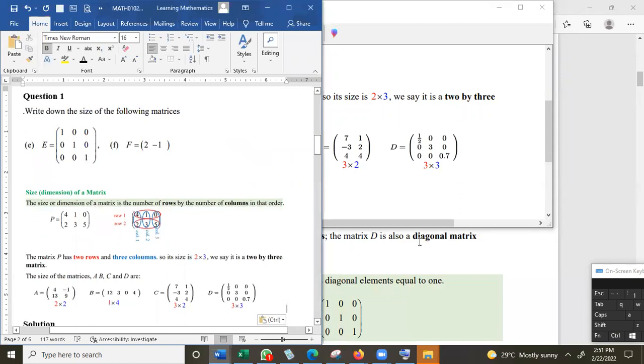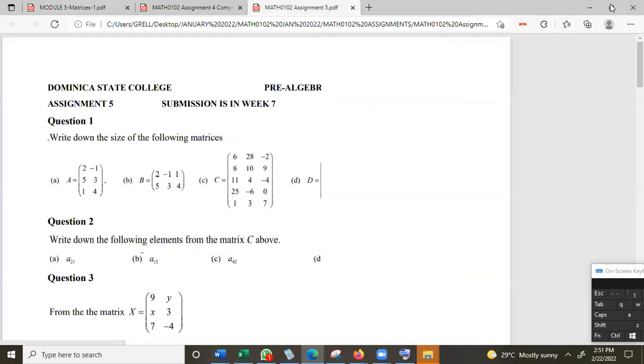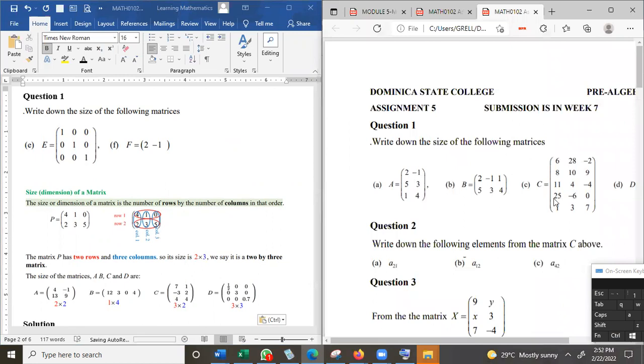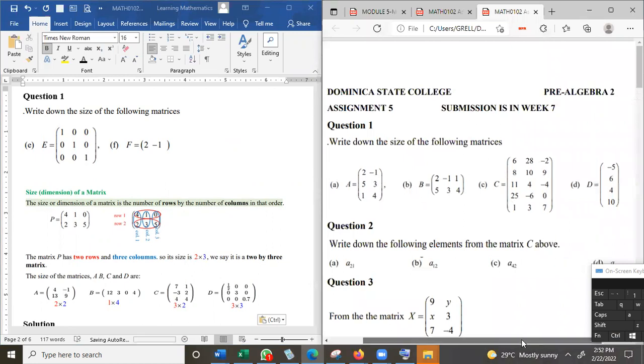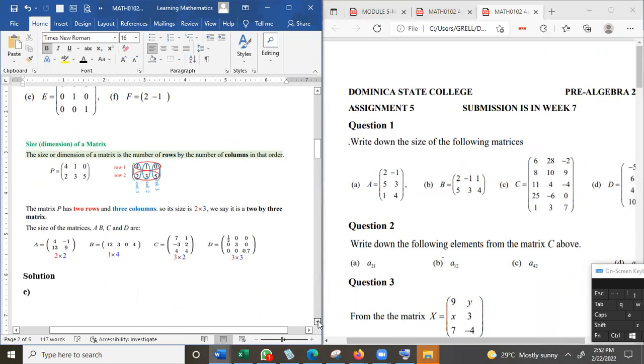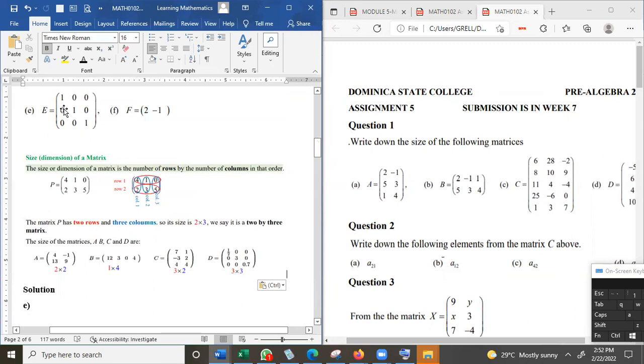Okay, so therefore, in the assignment 5, number 1, you've got A to D, the size. You can start with part A, the size of matrix A. So whilst I'm applying this concept to E, all right? So for the answer, there are different ways you can write your answer, but you can just put